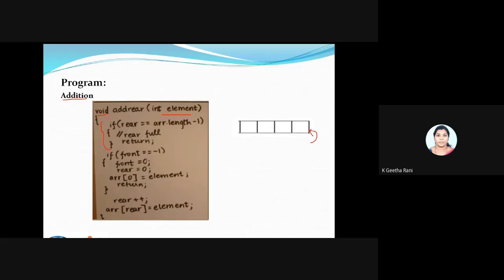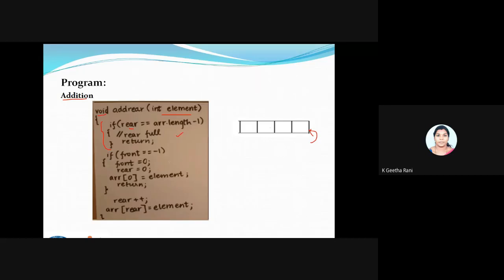That is what is done here. Okay, I'm checking the rear index is equal to the array length, nothing but the length of my array. Okay, so if it's going to be equal, I'll be just returning from the function. I won't be doing anything. I can't insert anything. If I'm going to try to insert, what happens? Obviously, I'll be having an error called overflow condition error. So this is the first condition.